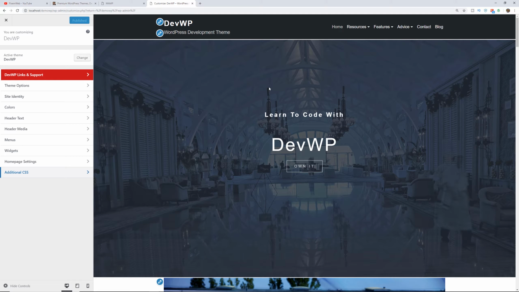Now, if you're creating a custom theme for yourself as a developer and you want to keep everything organized inside of your theme files, you could put this code within your functions.php file, but we'll be going the route of using a custom plugin. So you're going to learn two things: how to create a custom WordPress plugin and how to create custom post types and taxonomies.